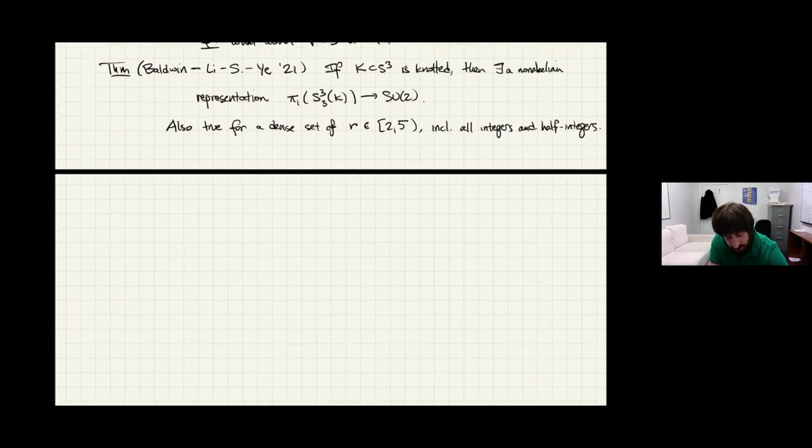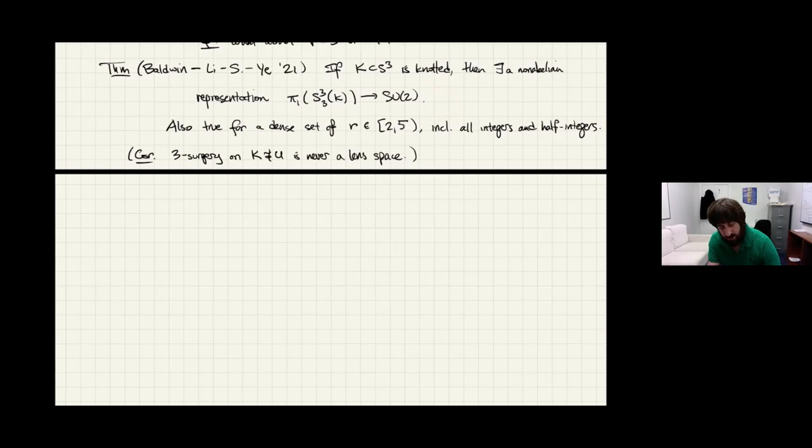Okay, let me just mention a quick corollary. So this isn't just abstractly interesting for its own sake. This was known, but now we've given a new proof. The corollary is that 3 surgery on a non-trivial knot is never a lens space. So this gives a new proof. It doesn't rely on previously knowing that fact, but if 3 surgery on some knot were a lens space, it would be SU2 abelian, and so this representation here wouldn't exist. All right.